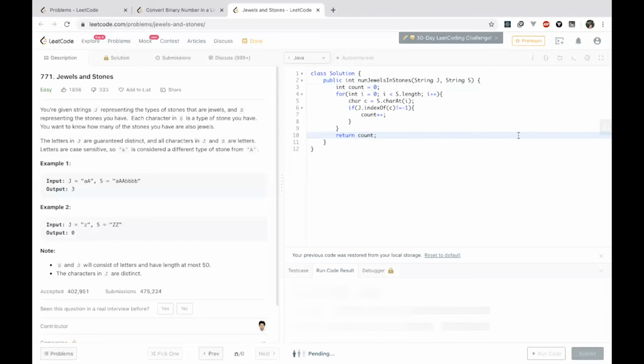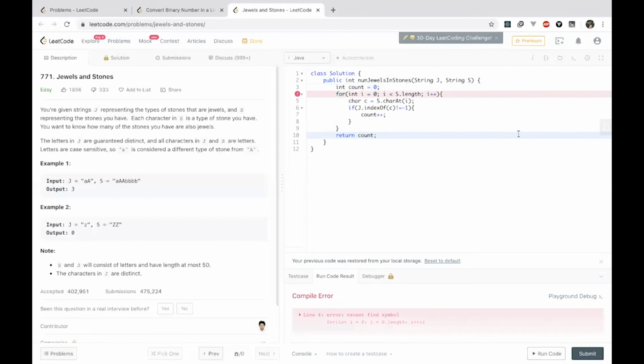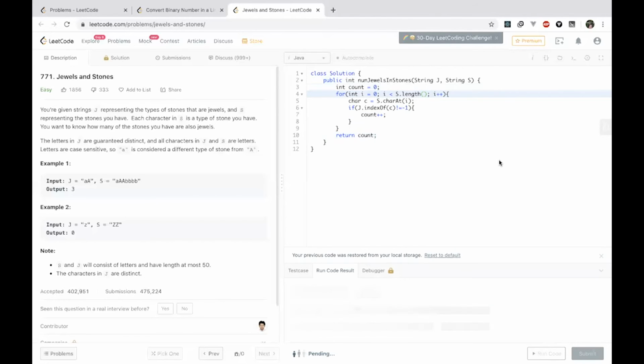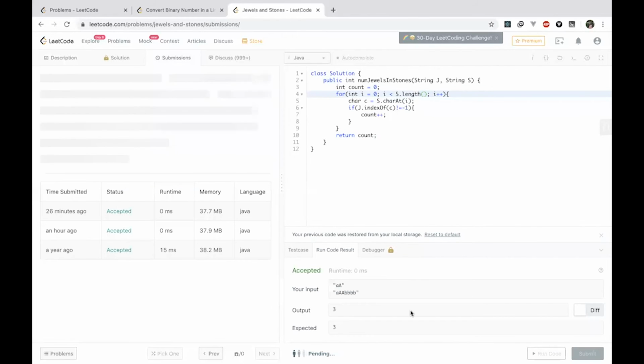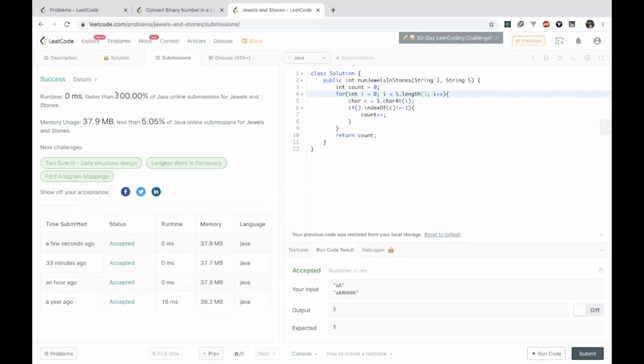I'll try and run the code. Okay, sorry. This should be length. And yes, it passes for the given test case. If I try and submit, I can see it passes for all the test cases and it's faster than 100%